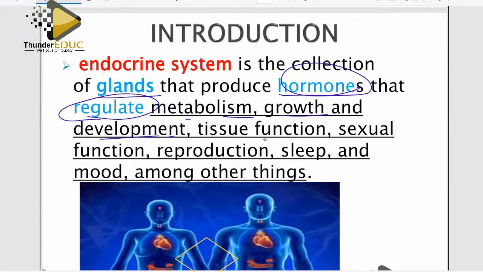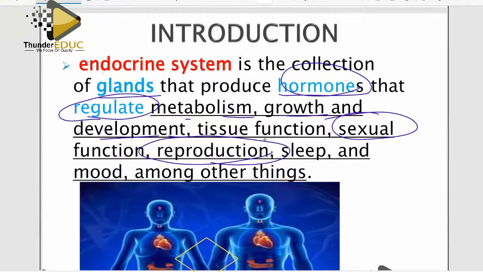Guys, you don't just do things because you want to do them. There is a system which is involved to help you do this. It's not just by a mistake that you are not falling asleep, or you are sleeping too much, or you are moody. No, there are some hormones which are responsible for that. It's not by a mistake that you like boys too much, or you like girls too much. There are hormones which are responsible for that.